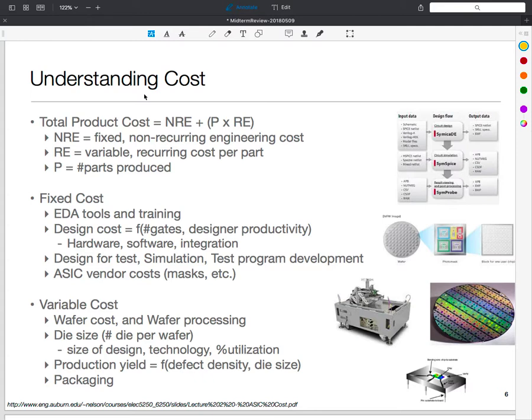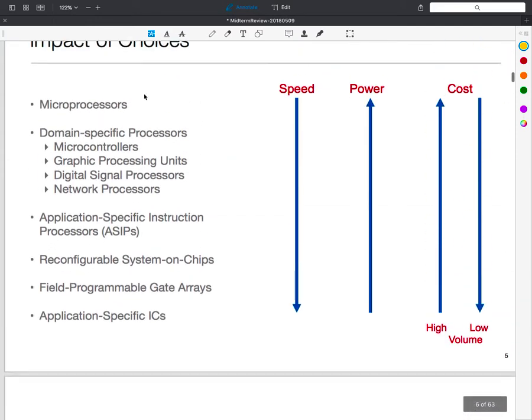And the same way it's for EDA tools. An industrial quality EDA tool is like 100 grand plus per year. So these things can be a significant cost structure. On the other hand, you have recurring cost, which is for every part that you're making. And it's a trade-off between the two which makes the cost interesting. So going back to the slide,